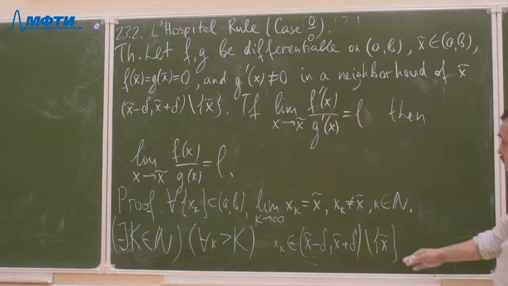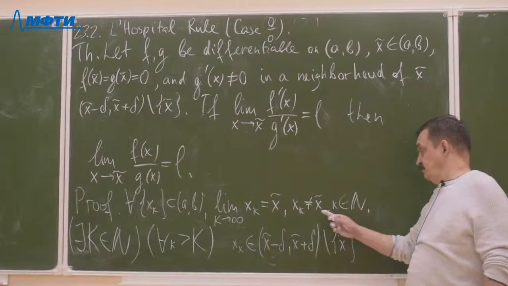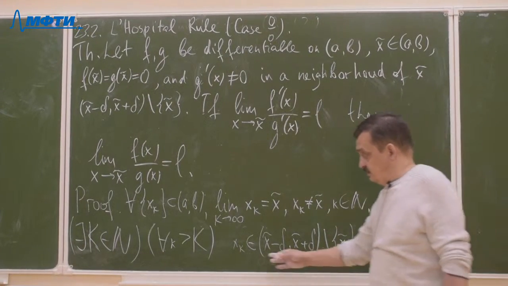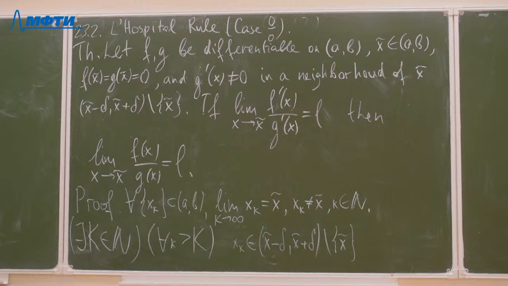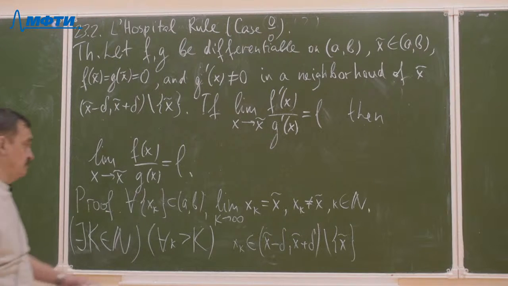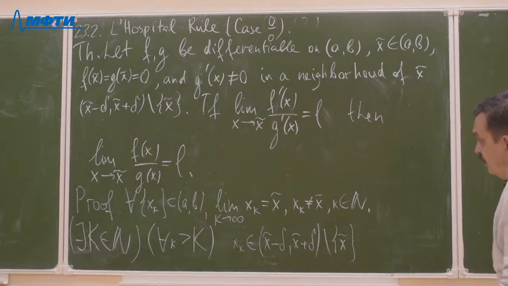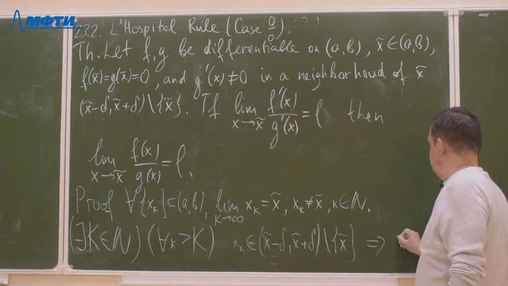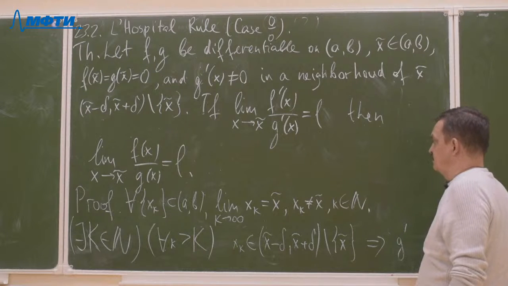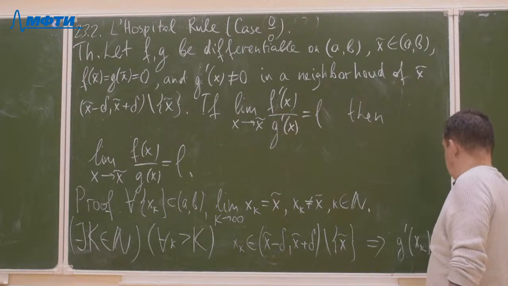So they are not equal to x tilde by the supposition, and they will be in our neighborhood because of the definition of the limit of the sequence, right? Hence, g prime of xk is not equal to 0,